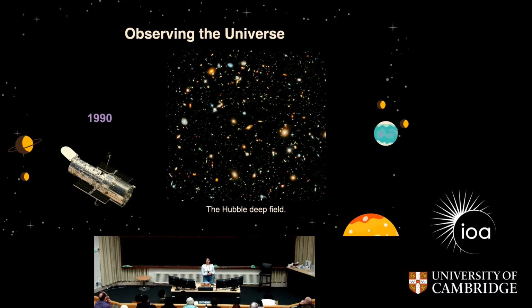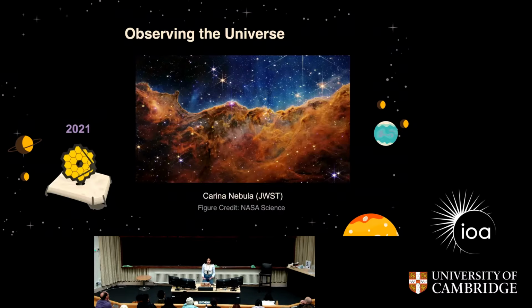And now we have, for example, the Hubble Space Telescope, which we sent up around the 90s, and by pointing it at a seemingly dark patch of sky, we uncovered thousands and thousands of galaxies, and we started learning more about the properties of these galaxies. And taking you forward to the present day,